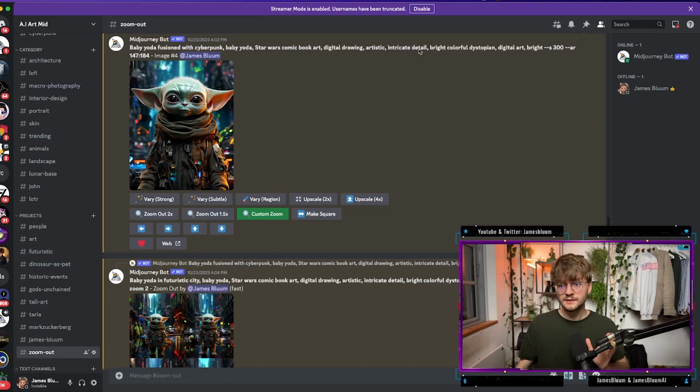One important tip is to use a specific aspect ratio. You do that by pressing 2 of these signs. I don't know what they're called in English actually. And then you press AR space and then you choose an aspect ratio. And